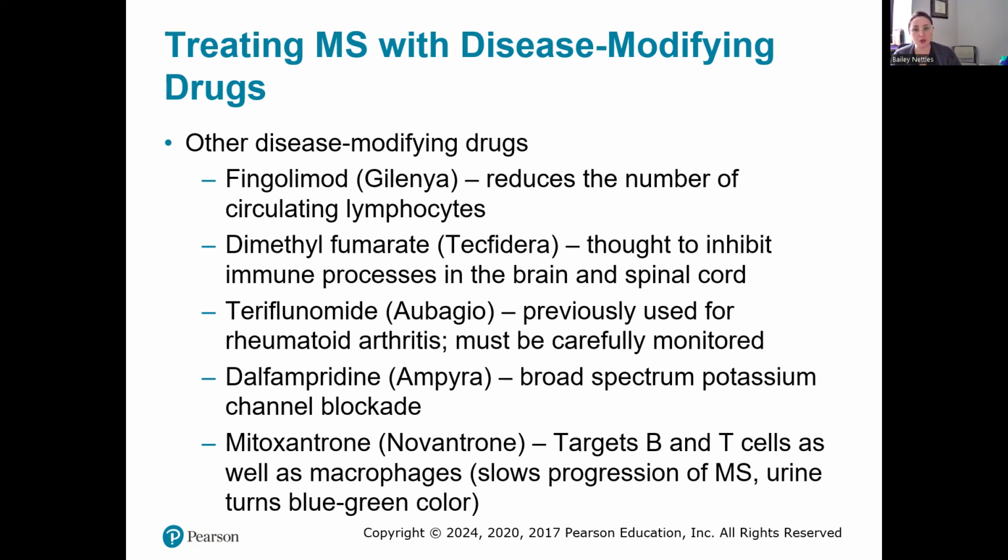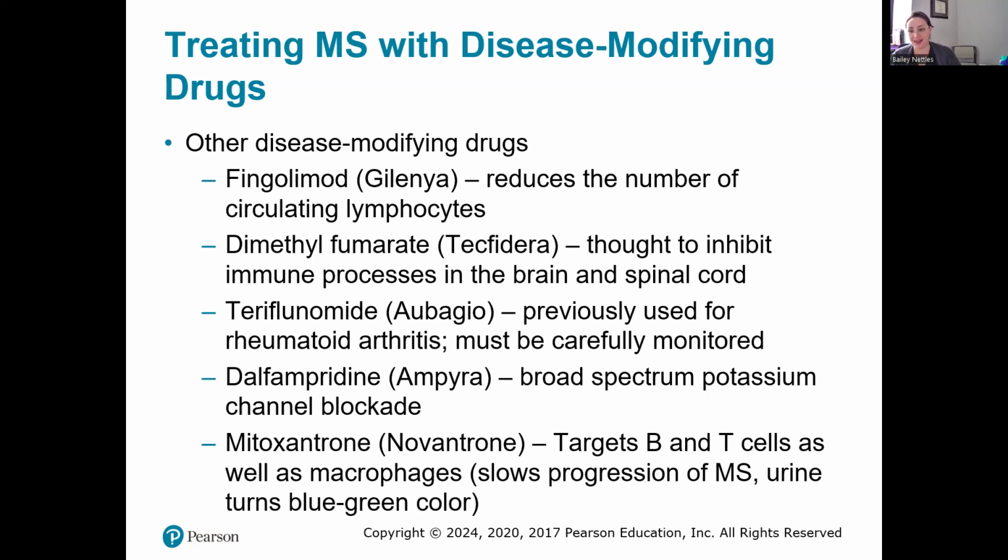Teriflunomide, it is used for RA, and it has careful monitoring because it can cause kidney and liver failure and bone marrow suppression. So these are very bad side effects, and we definitely want to monitor for infections because if your bone marrow is suppressed, you usually have an increased risk of getting an infection. And then the